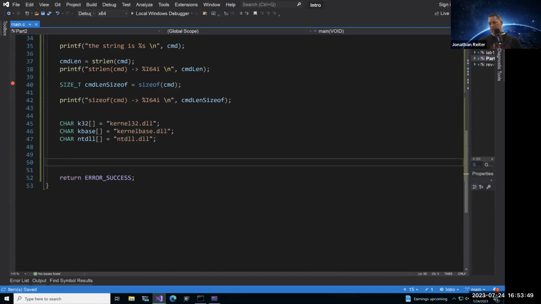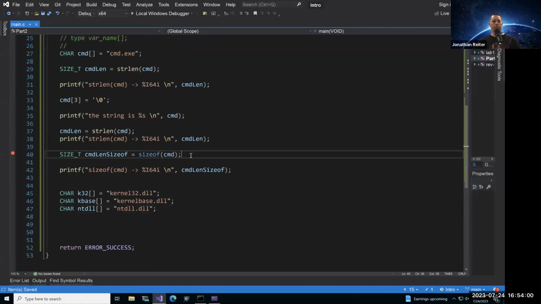So question is, I think I missed something. Sizeof didn't care about the null byte that we put in instead. No, it did not. So looking here at the code, right? On my line 33, I have come in and swapped out that period that was there for that legit null byte. The strlen function relies on that null byte. That's critical for strlen and other string-based operations.